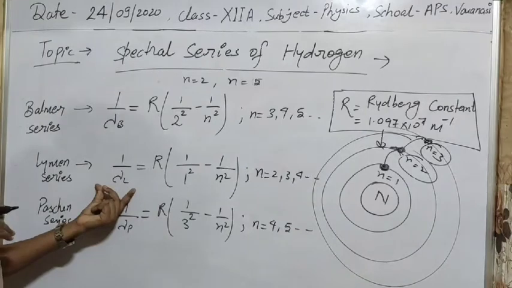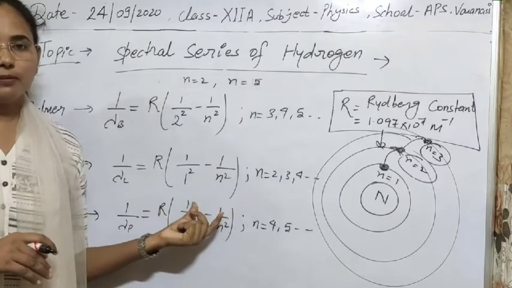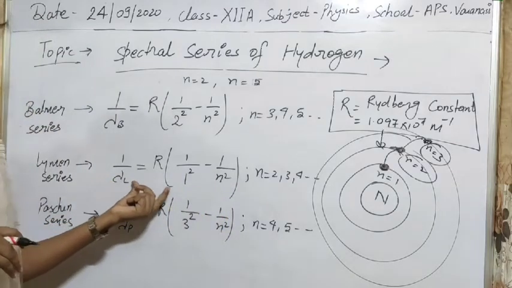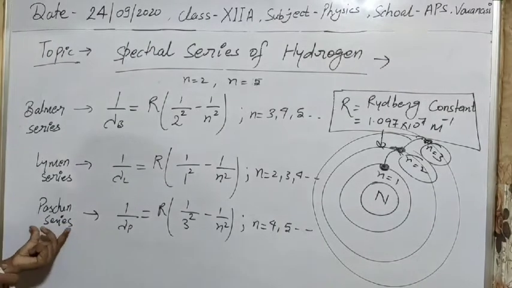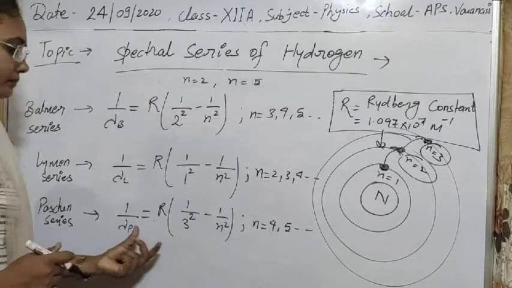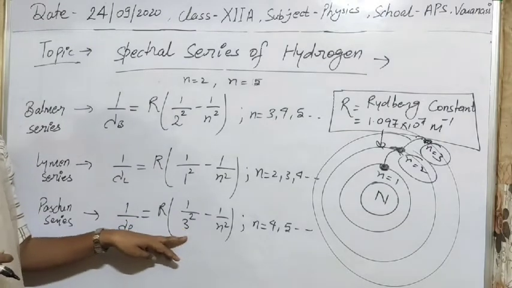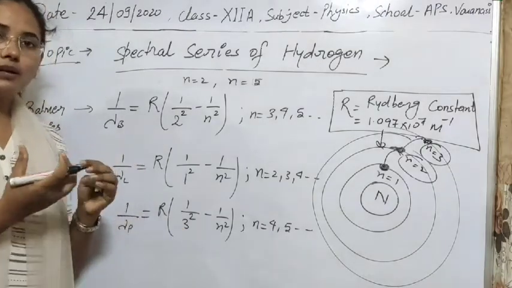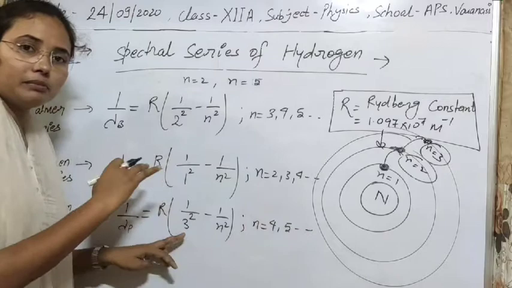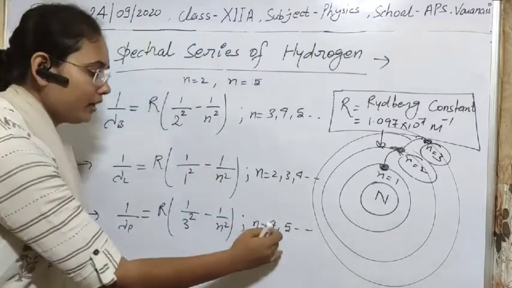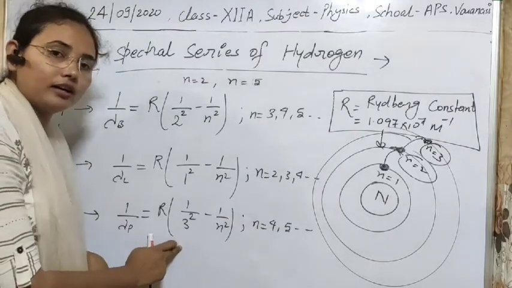This is the case of the Lyman series, and for this series ultraviolet light is suitable, meaning the wavelength obtained lies in the ultraviolet range. Okay. The next series was obtained by Paschen, known as the Paschen series, and in the Paschen series the destination is n equal to 3, the third orbit. If it absorbs energy, it will go from n equal to 3 to n equal to 4, n equal to 5, or if it emits energy, it will come from n equal to 4, n equal to 5 to n equal to 3, meaning in the third orbit always.